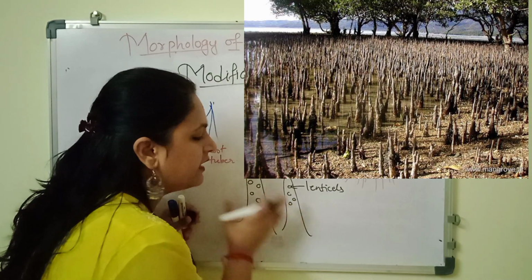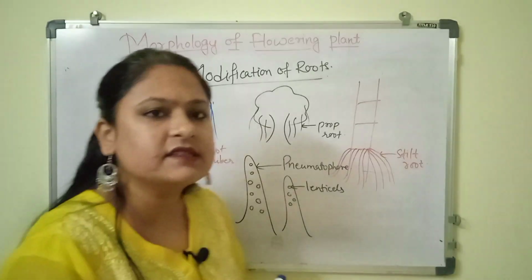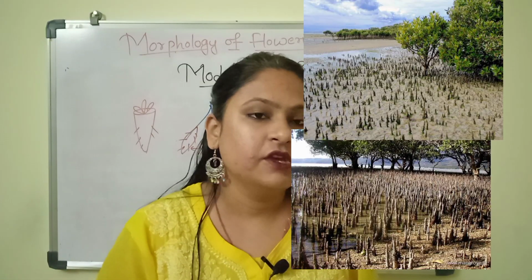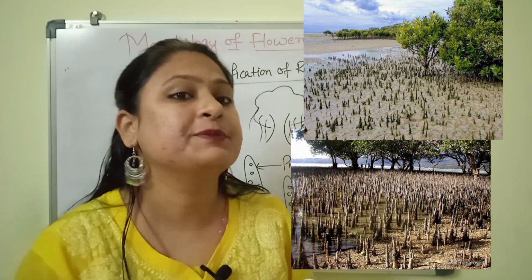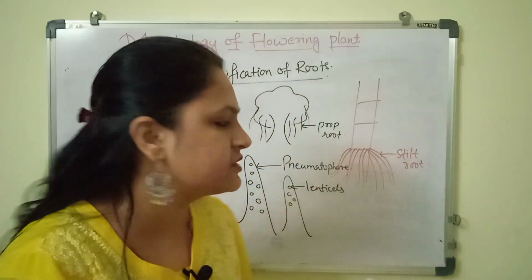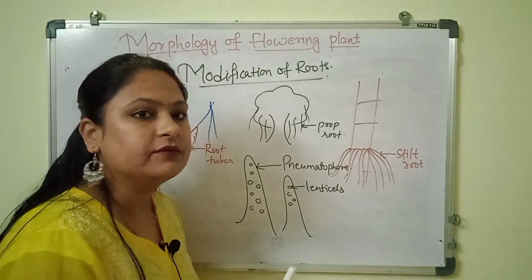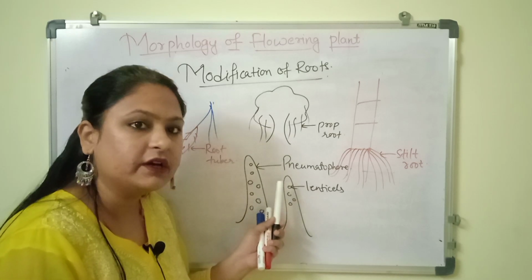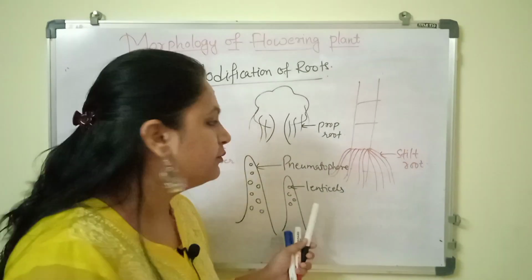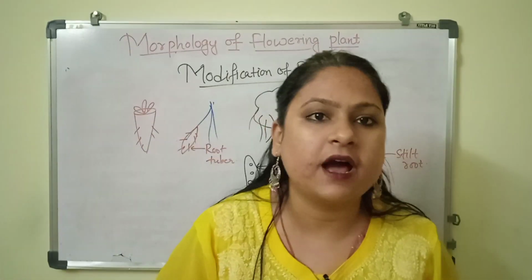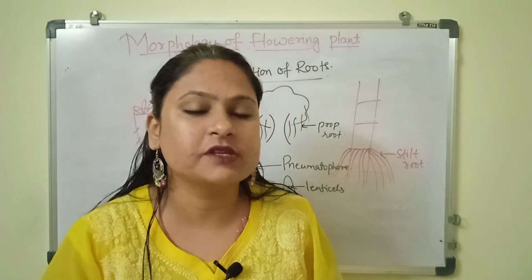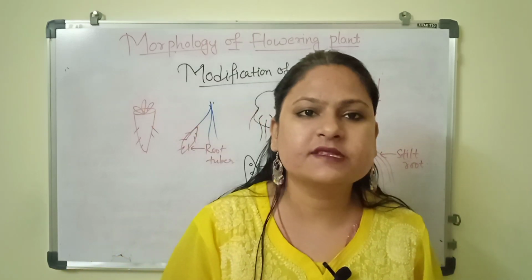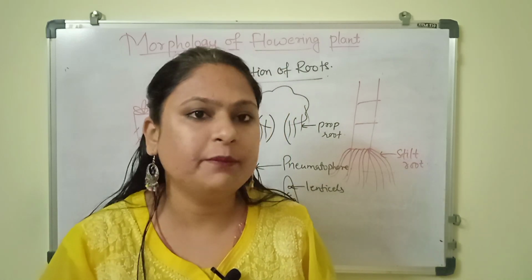This plant develops such roots because it is in a waterlogged condition, so the roots do not get sufficient oxygen. In order to get oxygen for respiration, they develop pneumatophores, the roots which grow vertically upward from the ground. Such modifications are observed in different plants. Root modifications are observed for respiration, for storage, for support, and obviously for the absorption of water and minerals.